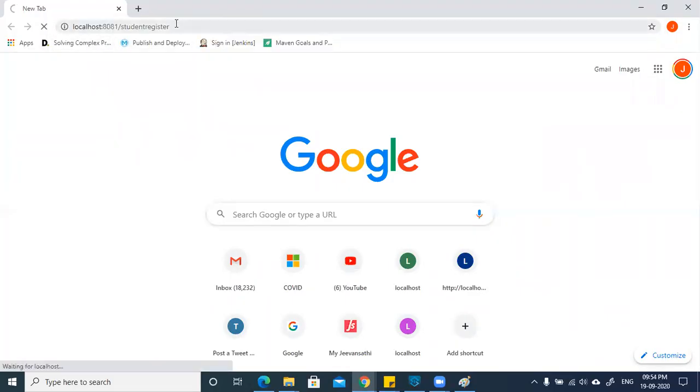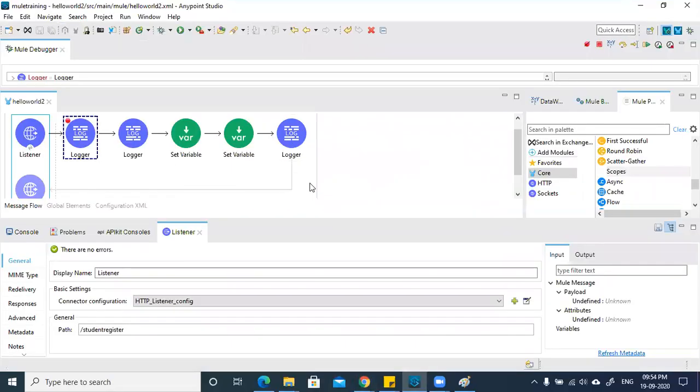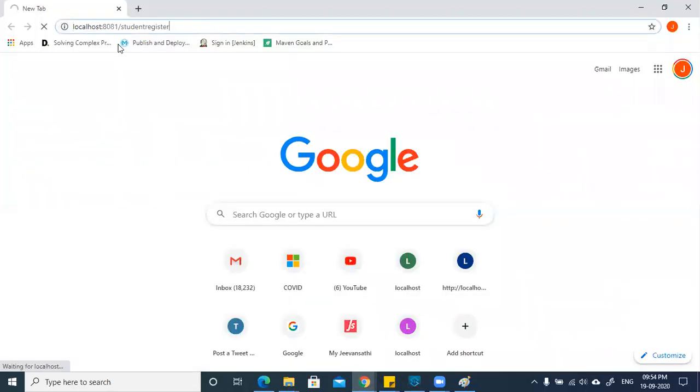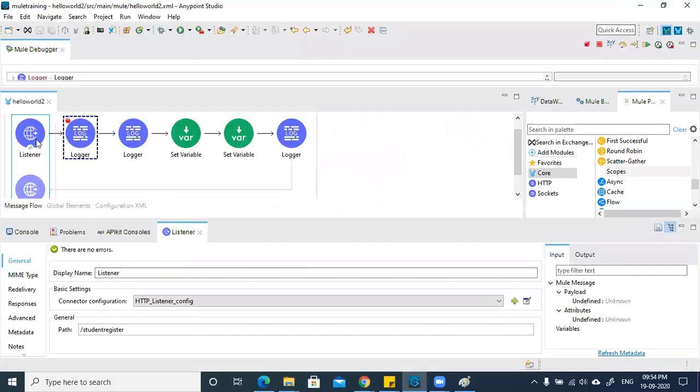So I type this URL and press enter. As soon as I press enter, what happens? Your browser has sent an HTTP request to your Mule application, on the port specified in the request, which is 8081, and the URI is this. Because of that,